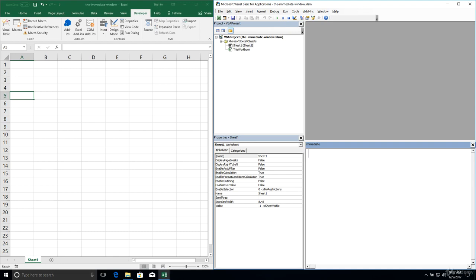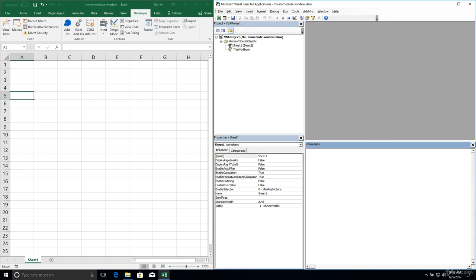It's a playground. It's a place to make experiments with code because the process of creating a brand new module and writing a procedure is kind of time consuming. There's a lot of clicks involved, and if we only want to test that one line of code works as expected, we really don't need to go through that hassle. We can just use the immediate window as a little bit of a playground to try out something.